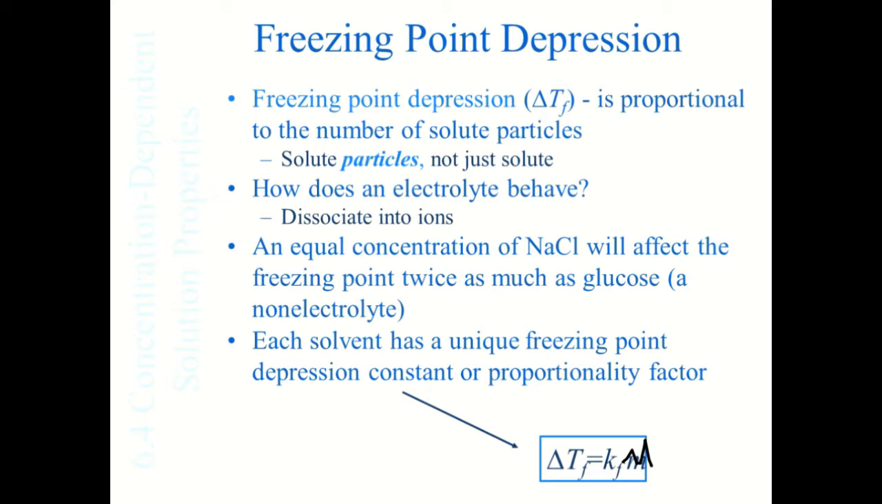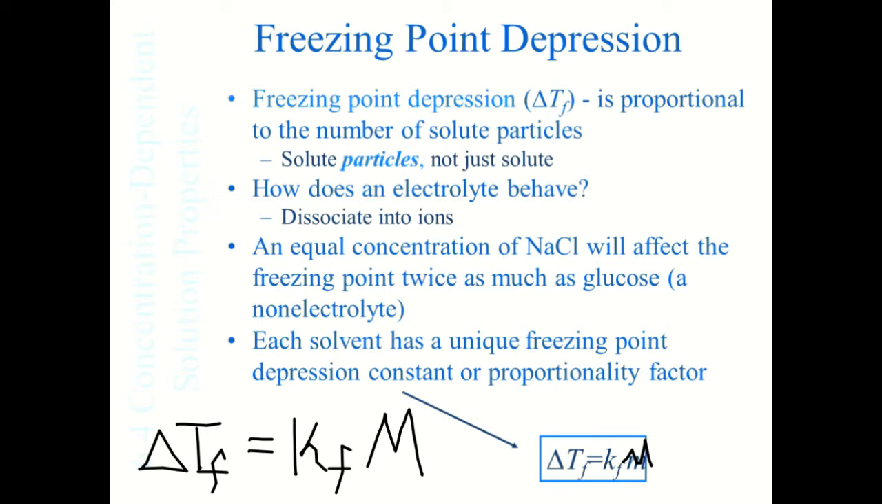Okay, so let me rewrite that so it looks a little better. Delta TF, the change in the freezing temperature is equal to the KF times the molality, or molarity, I'll say. Now, there's one thing I will add to that, times